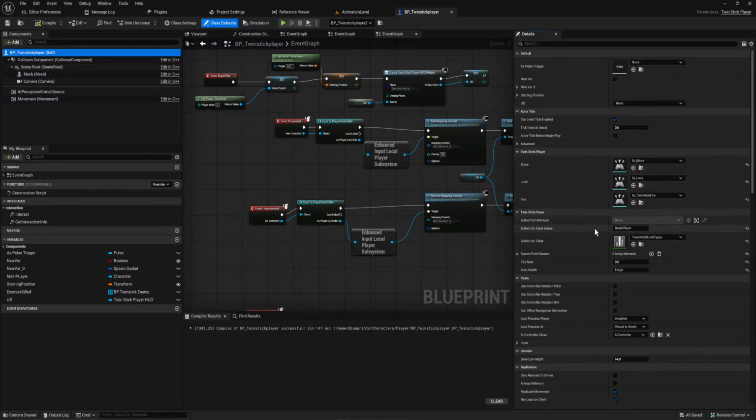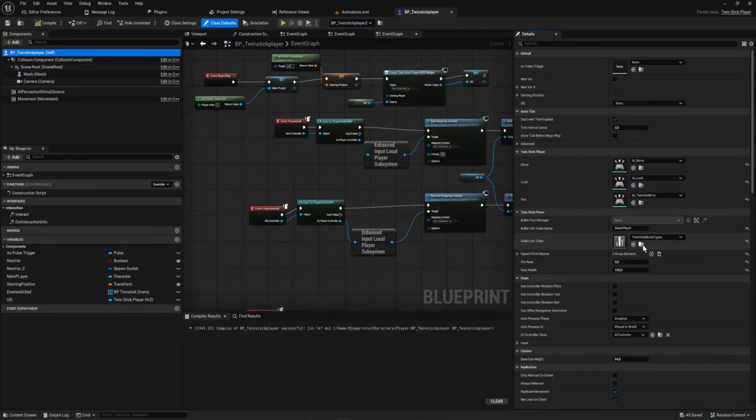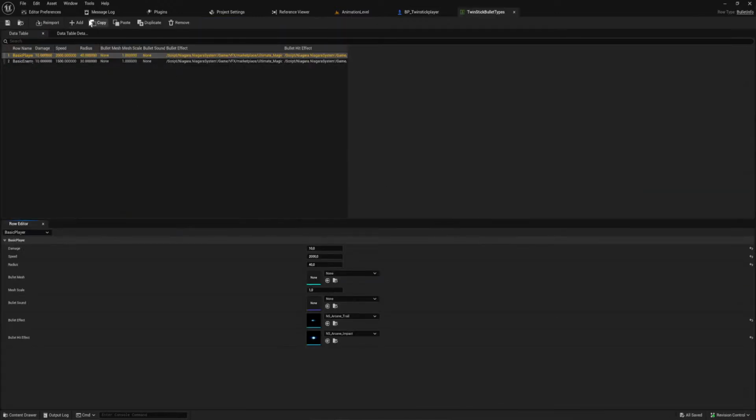So what we have here is you give in a name for the bullet info row in the data table that we want to be sampling from. And then we have this data table which has, at the moment, two rows, but it's going to have a fair amount of different bullet info setups. So we have the damage, the speed. I want to add in a rate of fire to this as well. And then I don't know necessarily what I want to do, but I'm thinking I want to have